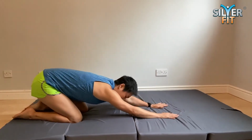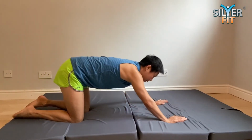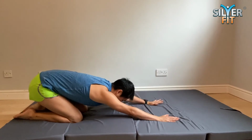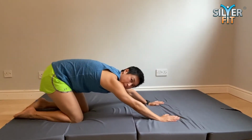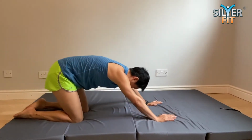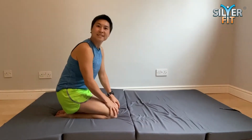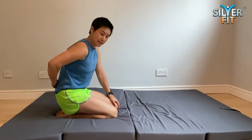If you can go further back. If you can't, it doesn't matter. So we're gonna do this a few times. Just rock yourself back and forth. Make sure you're tucking your tailbone in like this. A few more times. 2, 1, and pause there. Now we're gonna take this into a sequence of cat and cow, mobilizing the back and